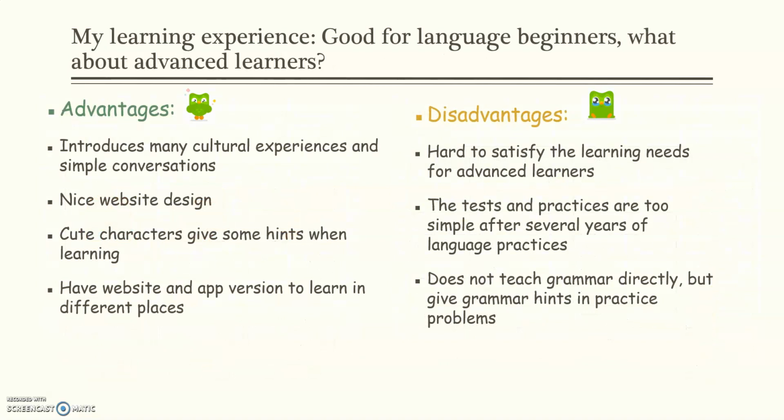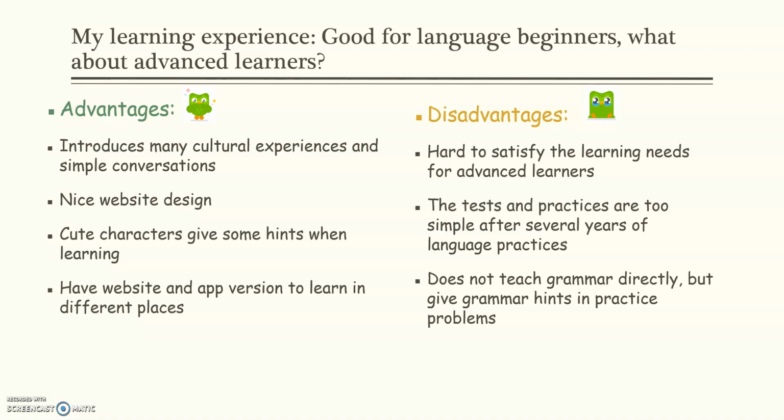So on Duolingo, I chose English and Spanish as the two main courses. Since I'm a bilingual student, I have studied English for several years before using Duolingo, but this is my first time learning Spanish. I also find some advantages using Duolingo. I think it introduces many cultural experiences and simple conversations. It also has a nice website design and some cute little characters that will give you hints when learning. It also has website and app versions to learn in different places, so people can learn new languages using computers